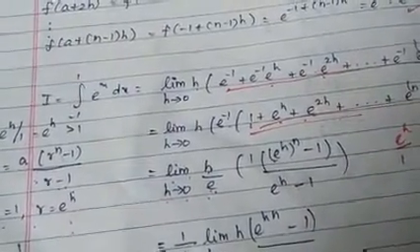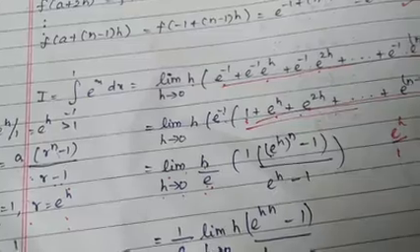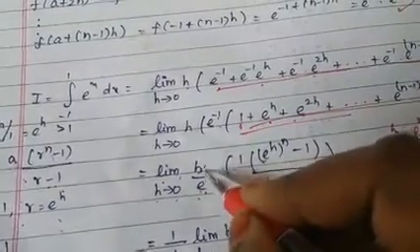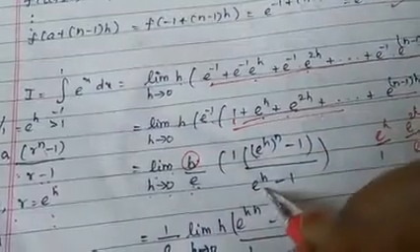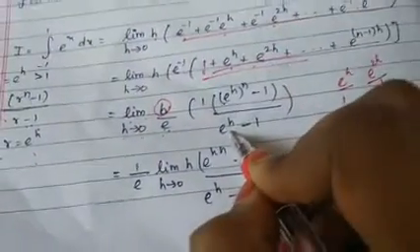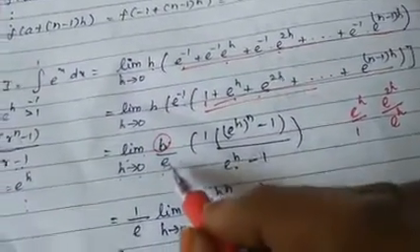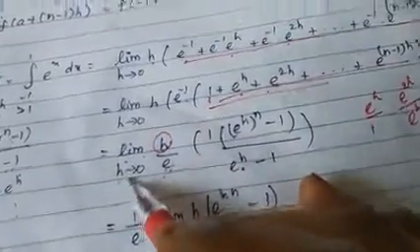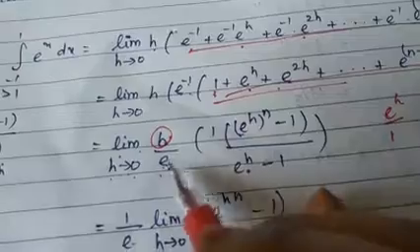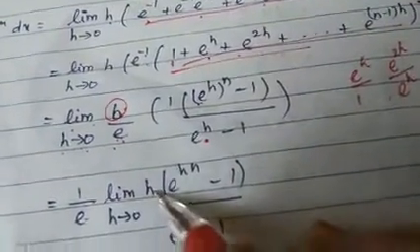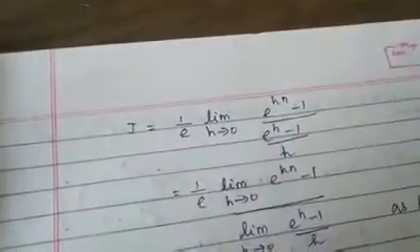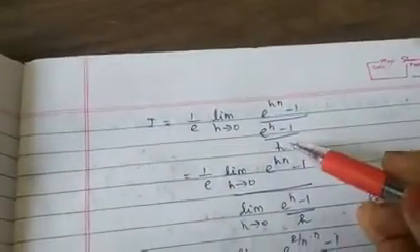Yes. After that, what we are going to do is, whenever you have an exponential term, you will be having h. This h you need to bring to the denominator in the next step. And before that, whenever you have a constant, you can take it outside. Since e is a constant, I have taken it without h. There is no relation between e and h, so I have taken it outside. The next step, this h you need to bring to the denominator always whenever you have an exponential like this.